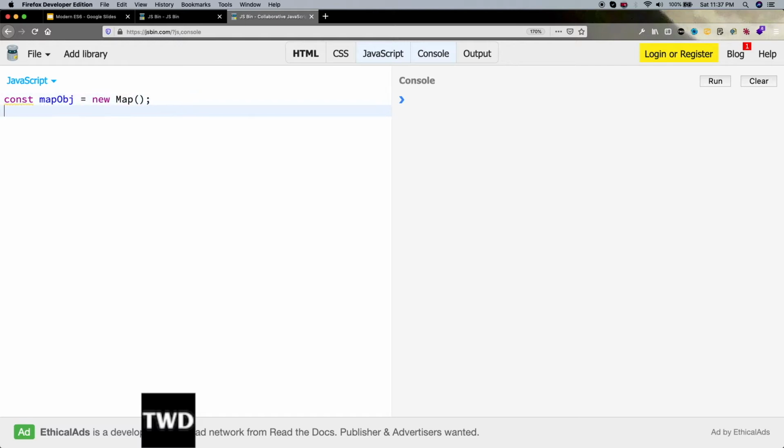Like this we declare a map, and then const a equal to an empty object, const b equal to an object with num and 1, and const c equal to, let it be 2. Now mapObj. This is how we add a value in a map.